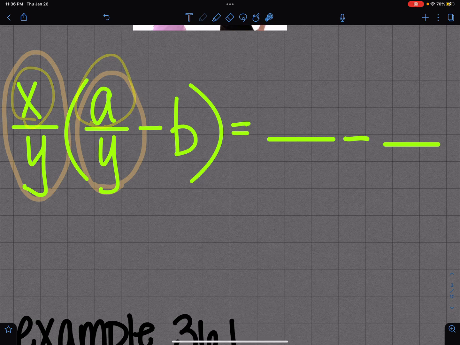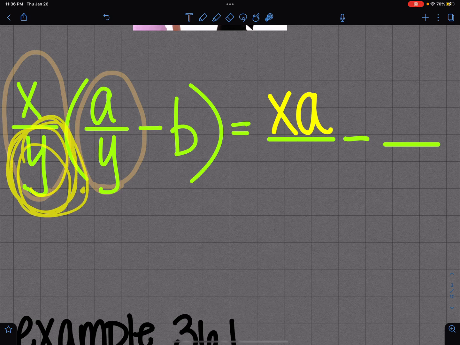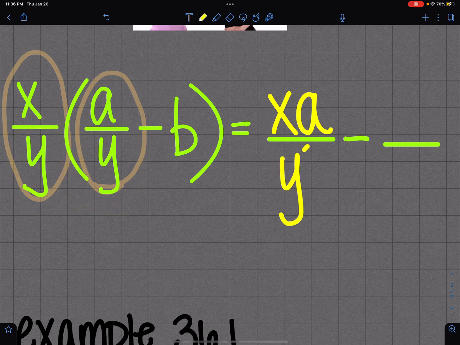X times A is going to be XA. I didn't write it in alphabetical order there, but it doesn't matter. All right, now we're going to do the denominators. So it's going to be y times y, because y squared. Okay, sorry, I'm just blowing a little fuzzy off my screen. All right, so that's the first part of the answer, but this is the distributive property, so we are not